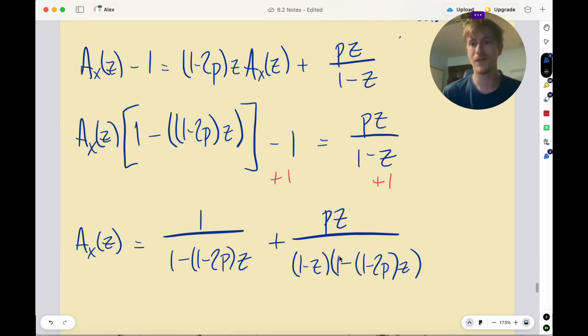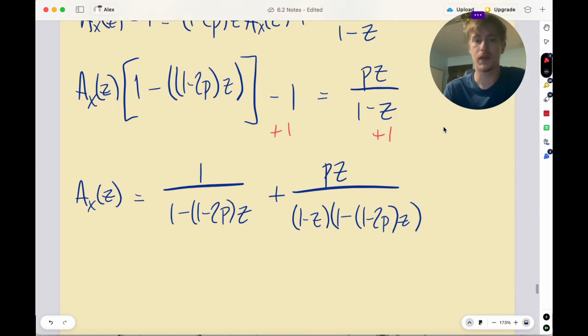So the algebra is going to be the hardest part of this. I'm going to be really honest with you. So what we're actually going to do next is partial fractions on this. Usually when you do partial fractions, I have a trick for that. So the idea is,